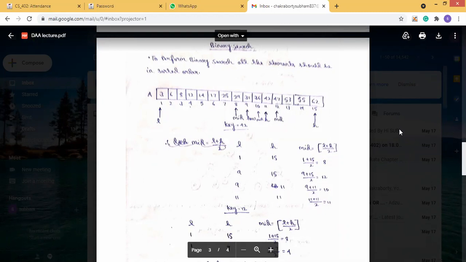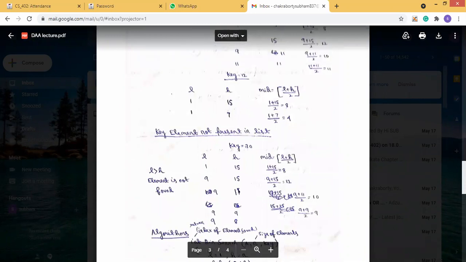We are searching for 30. So that means our low will be moved to mid plus 1. So our low will become 9. You can see the low becomes 9. So what?